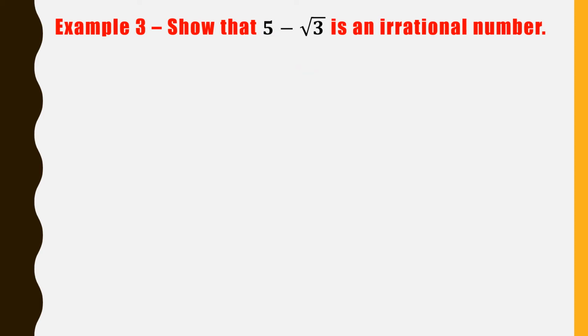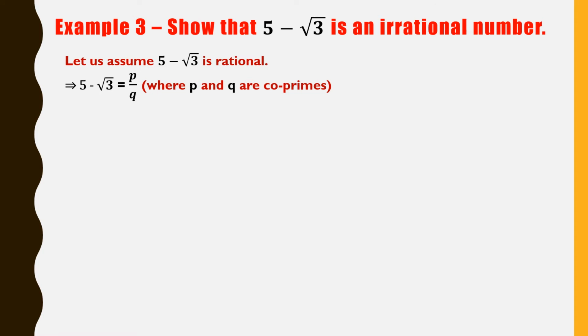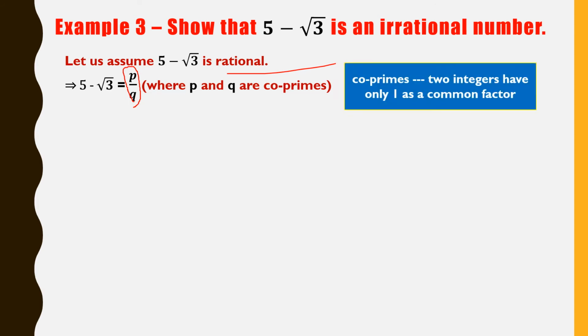Simple thing. In the previous problem, when it is multiplying, we send it as division. When it is dividing, we send it as multiplication. Here, when it is subtracting, you send it as an addition. When subtraction goes to the opposite side of the equal to, it gets added. When addition goes there, it becomes subtracted. That's it. Let us take it as a rational number. So a rational number is nothing but p by q, where p and q are co-prime numbers.